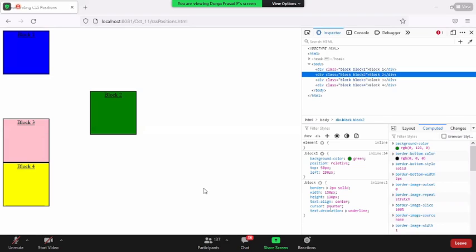Repeating again, whenever the element is positioned as relative, obviously it has to jump from the XY axis to the Z axis. When it is jumping from the XY axis to the Z axis, it doesn't lose its default position on the XY axis. The element is not there, but whatever space I have on load of the page, I will keep on holding under the XY axis. Okay. On top of that, the next thing is, whenever I am moving to a new position, I will always move according to my original position.